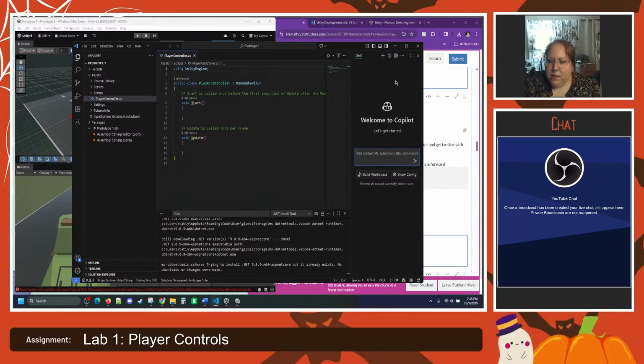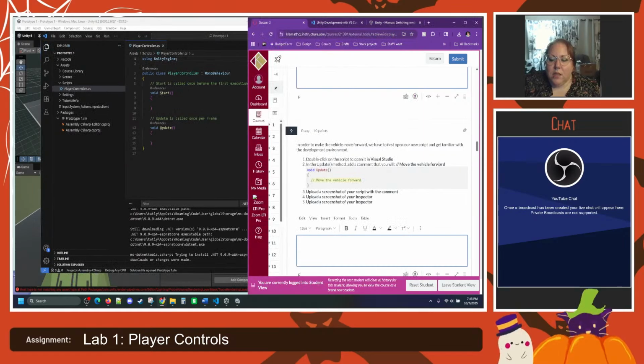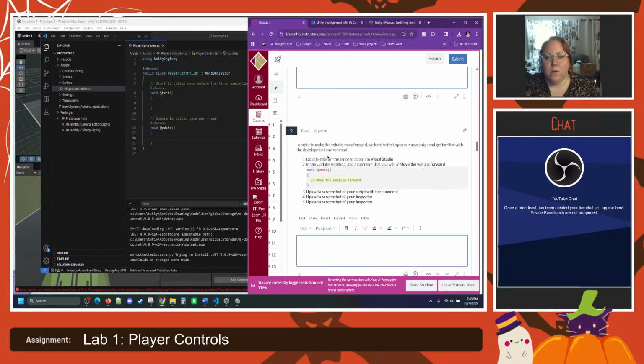However, if you start using it, it may cause unintended consequences because it's going to try to put things in there that you're not necessarily wanting to put in there, right? So use caution. Okay, so in the update method, so void update, we're going to add a comment, and the